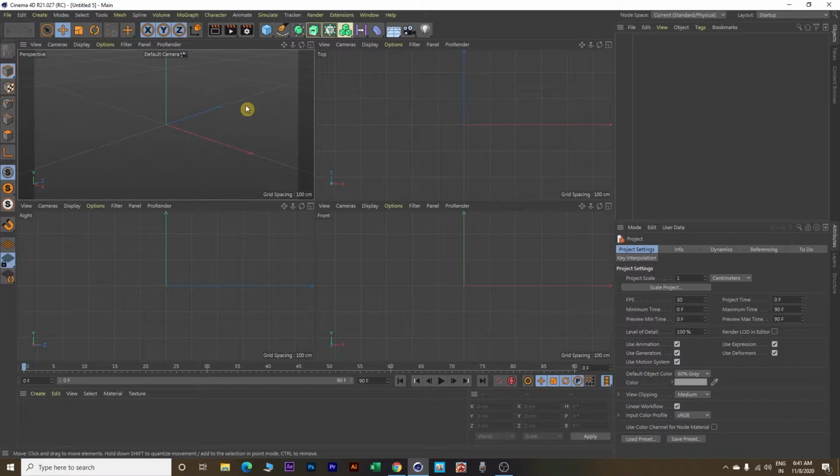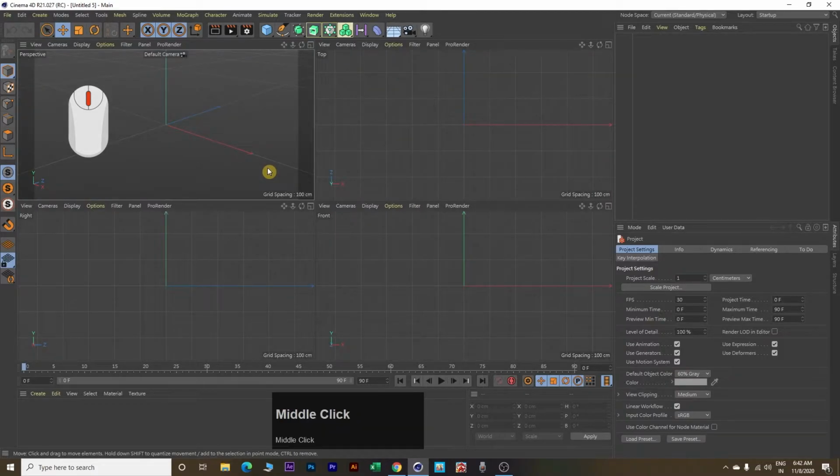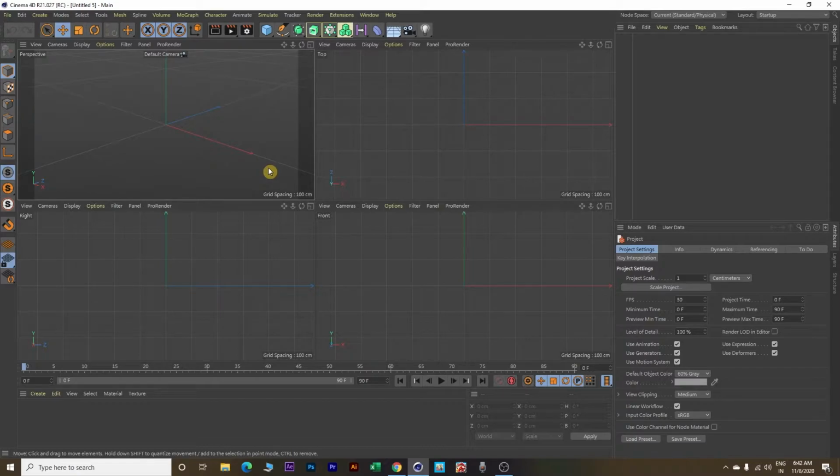Now, to maximize a specific view, place your mouse pointer inside that view and click middle mouse scroll wheel. Again, click middle mouse scroll wheel, and this will minimize a particular view. So this is how we maximize a specific view by clicking middle mouse scroll wheel or middle mouse button.